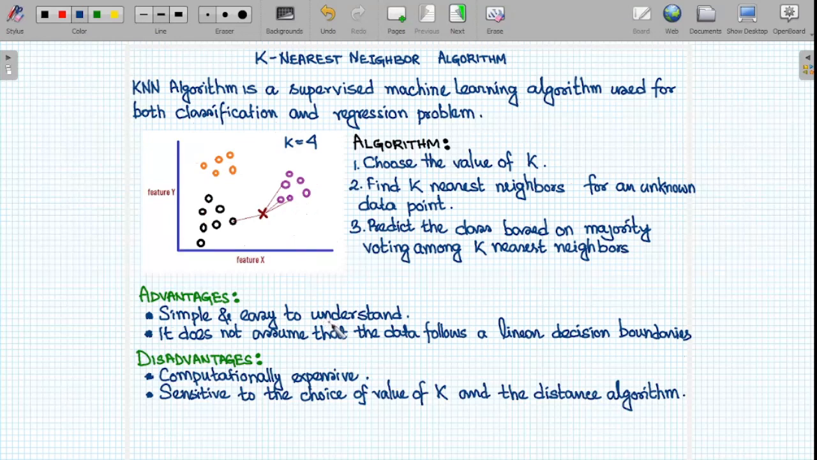Let's understand what the disadvantages of the KNN algorithm are. The algorithm is computationally expensive because we calculate the Euclidean distance between neighbors and the new data point. So if the value of k is high and the dataset volume is also high, then it will be an expensive algorithm to choose. Apart from this, it is very sensitive to the choice of the value of k and the